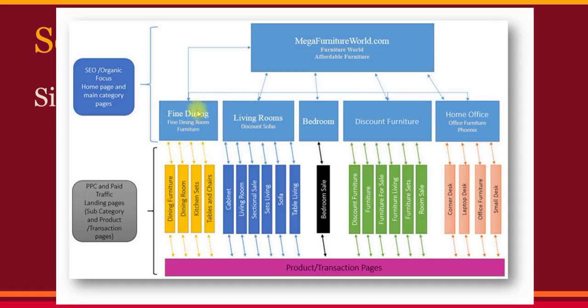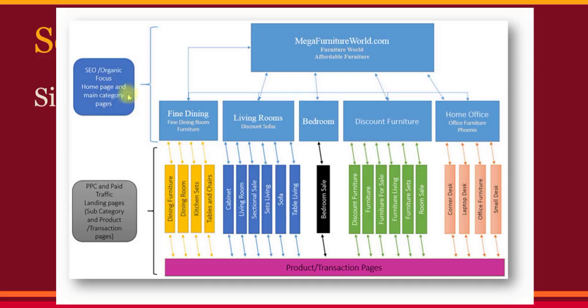This is now a category page that's linked to from the home page, and that links back to the home page. So we identify a few keywords that we want to zero in on, and we want to make sure that these keywords are included in the title tag, or the description tag, or the keyword tag, or in the image tags, and so forth, a little bit different for each one of these category pages. Now this becomes the organic focus.